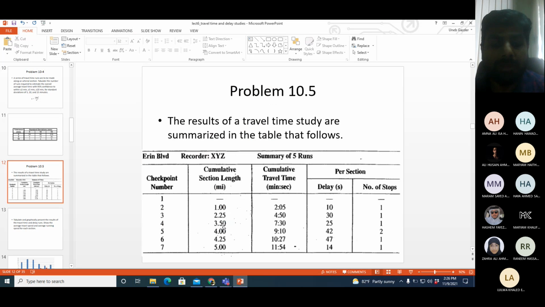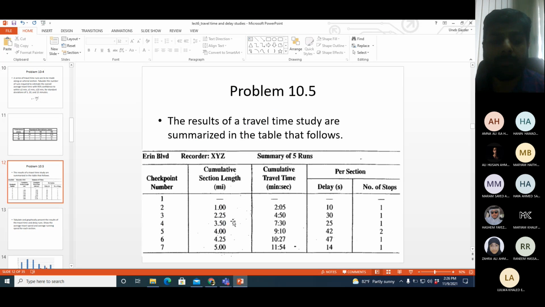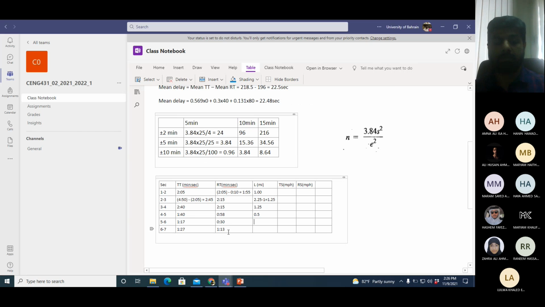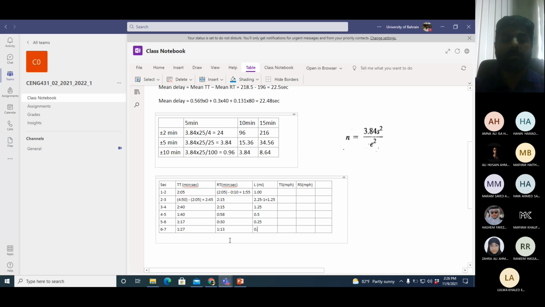Third section, 3.5 minus 2.25, so that is 1.25 again. 4 minus 3.5, 0.5. 4.25 minus 4, 0.25. 5 minus 4.25 is 0.75.